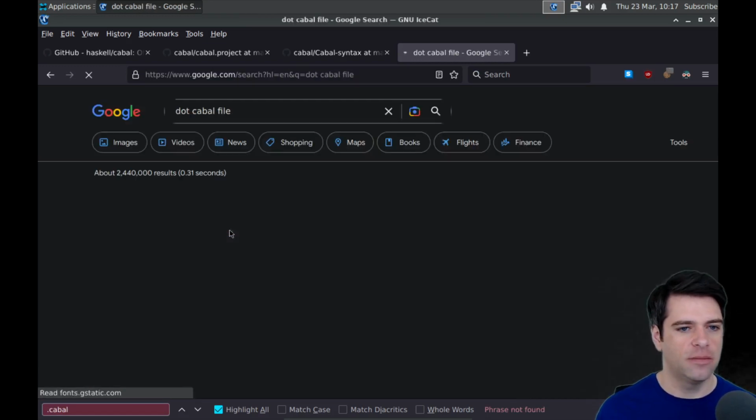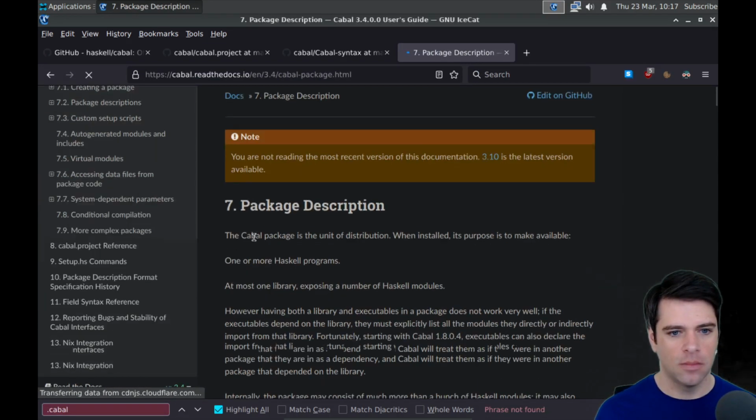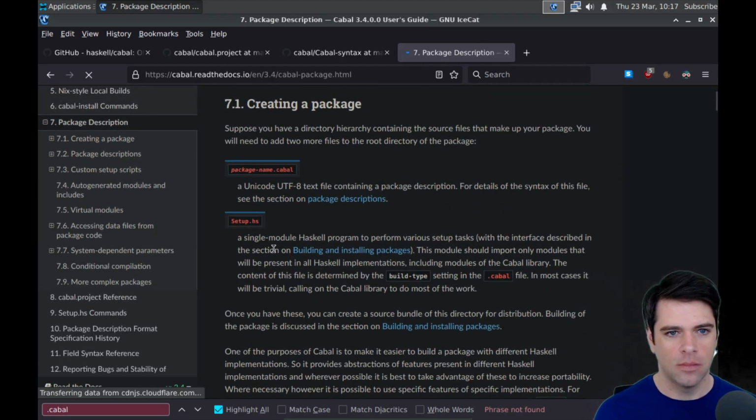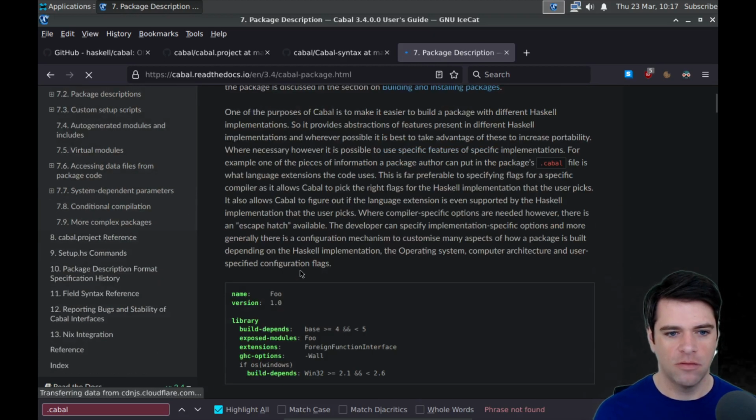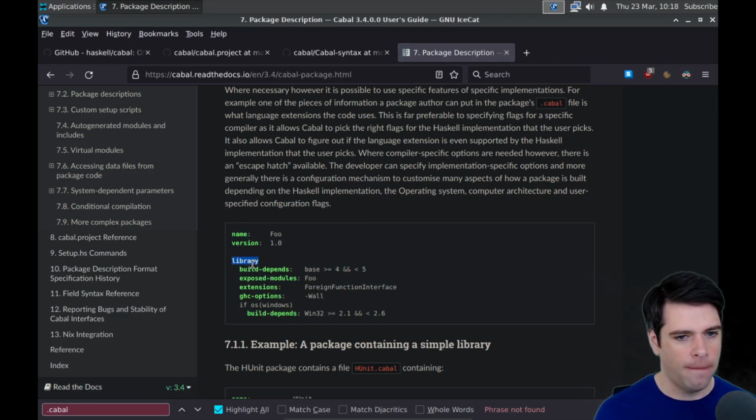Maybe I can just find some online. Package description. We've got, okay, I think this is supposed to be one. This looks like the right kind of format. So it's got name, version, library. Library does not have a colon. And we've got build depends, exposed modules.